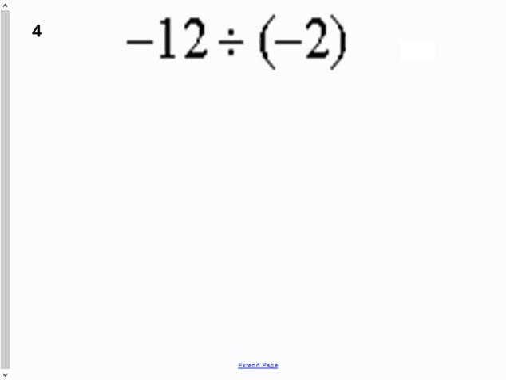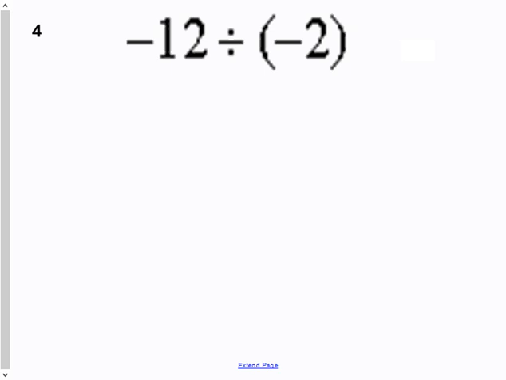Your next question is division of integers. And remember, when we did the multiplication of integers back in question 2, we said the same sign rules have to be applied. If you have the same signs, you do something. If you have different signs, you do something. So that rule applies for division as well. Go ahead and try that and see how well you do.